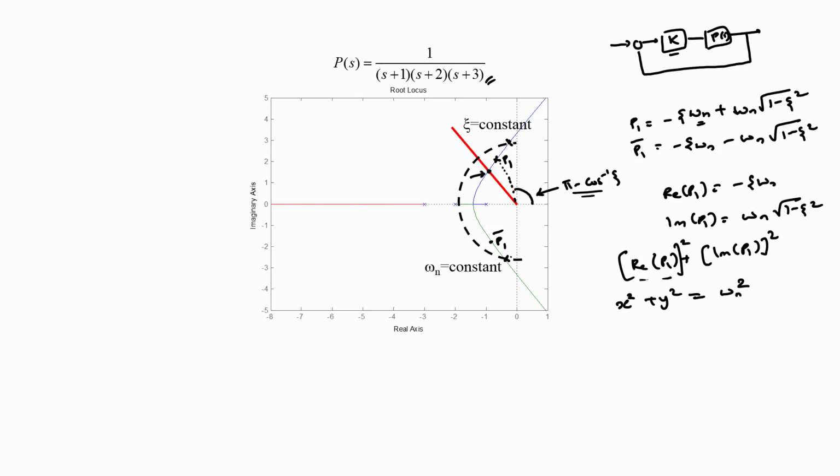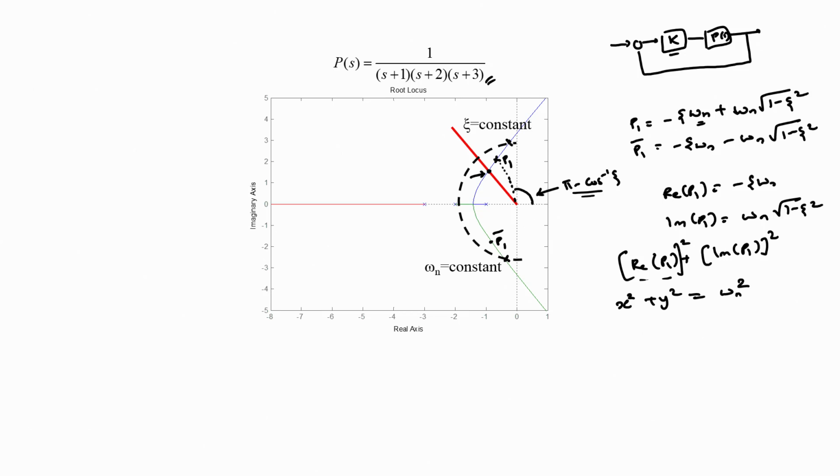Now, at these 2 points in the complex plane we determine the gain k, and once we have determined the gain k, then we know that our proportional controller needs to have the particular gain for our dominant poles P1 and P1 bar to have that particular omega n. So, designing a closed loop system using a proportional controller such that the closed loop system has a certain specified damping or a specified omega n for its dominant poles is one straightforward application of the notion of root locus. However, its scope is far bigger than what we have just discussed.